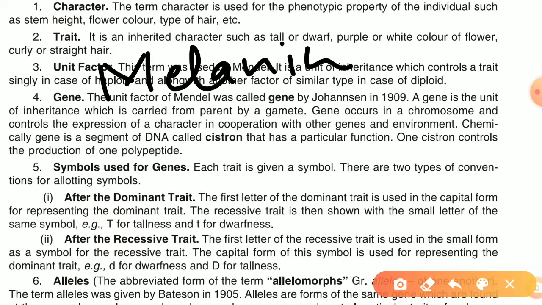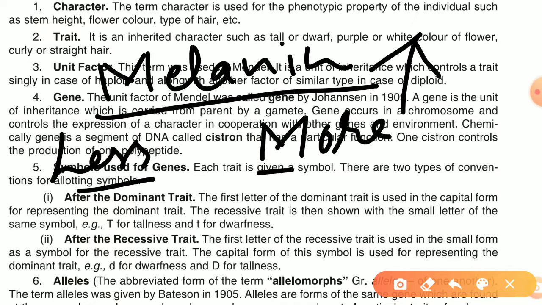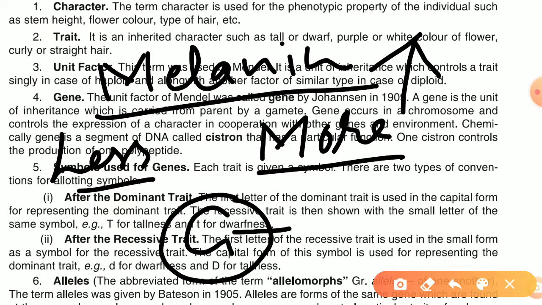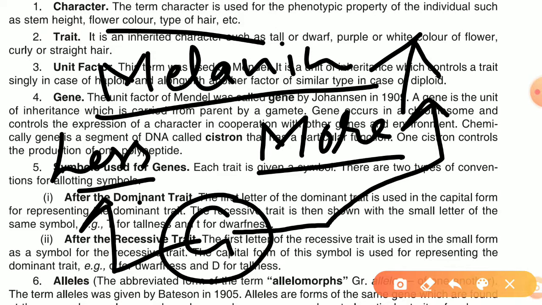मिलानिन पिगमेंट जो हमारी बॉडी में बनता है, इस पर डिपेंड करता है कि जिसमें जितना ज़्यादा मिलानिन होगा उसका स्किन का कॉम्प्लेक्शन उतना ज़्यादा डार्क होगा. अब किसी की बॉडी में कम मिलानिन है, someone is having less amount of melanin while another is having more amount of melanin. It depends upon the type of gene one is having. If you are having such a gene which produces more melanin, then our skin complexion will be dark. If we have such a gene which produces less melanin, then the skin complexion will be fairer. So we can say that our gene controls our character.